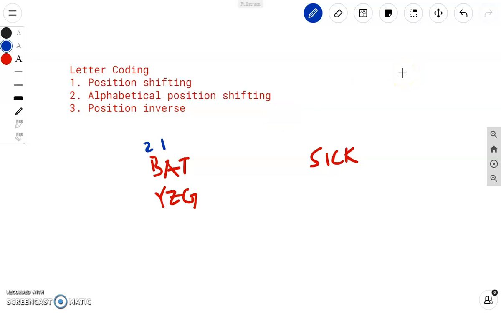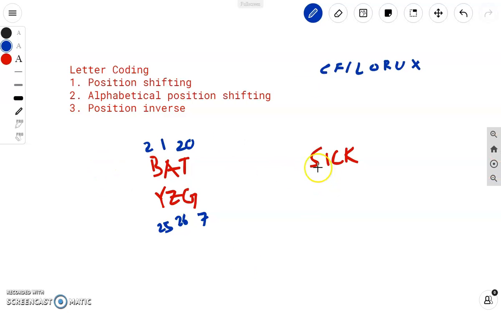And what is the position of U? Position of U is 21. And what is the position of T? From this you can easily see that U is 21, so T must be 20. So if you find the inverse, it is the 27th rule. We have already learned that. So 2 plus 25, that must be 25. 1 plus 26, that must be 26. 20 plus 7, that must be 7.